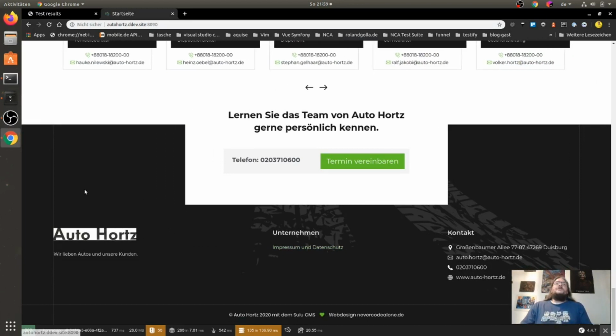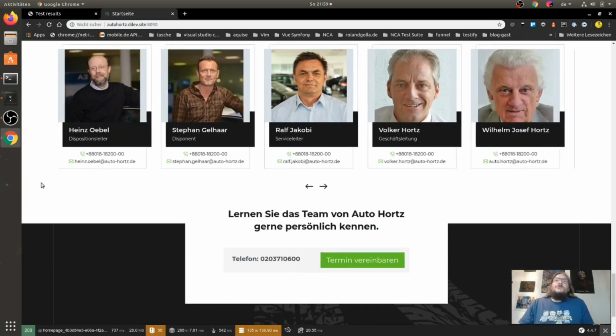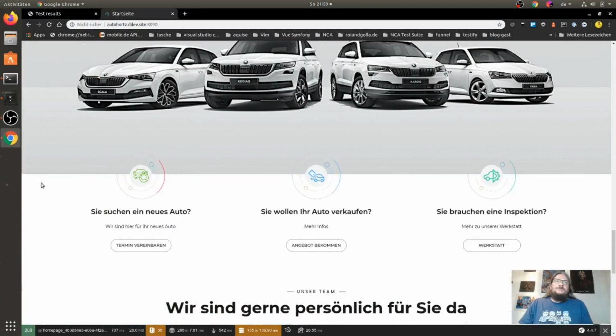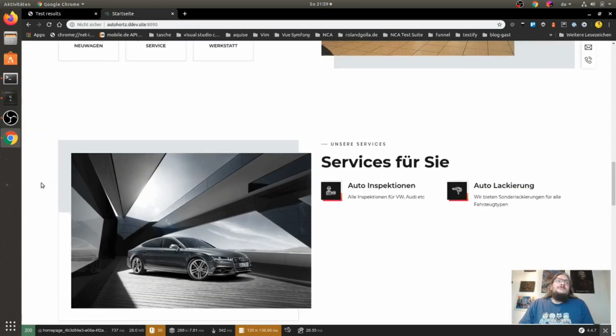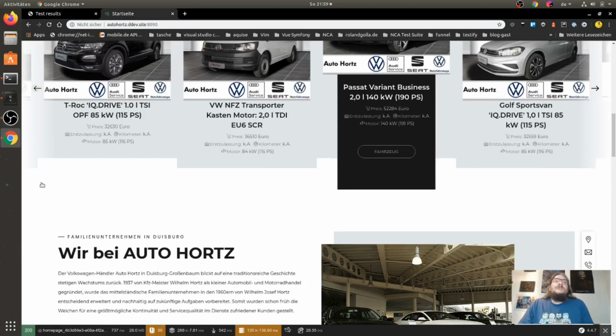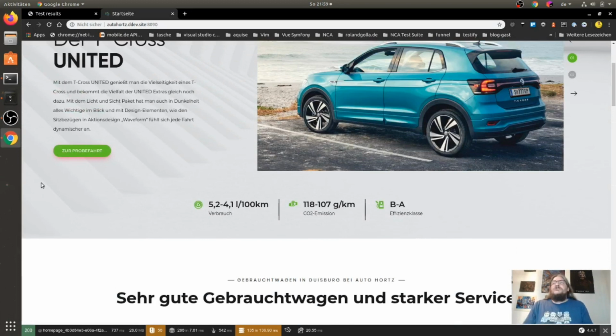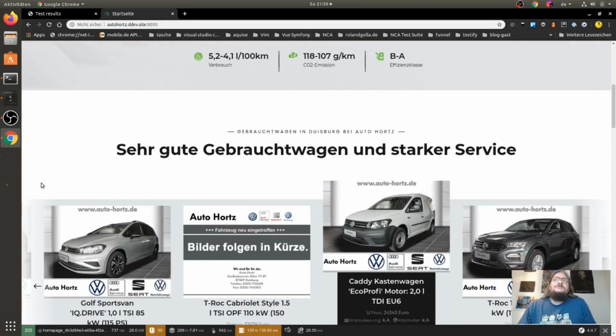But for today we want to do something on our articles. Let me introduce you to this web page here. This is a new page with the Zulu CMS in combination with the article bundle to bring here used cars.